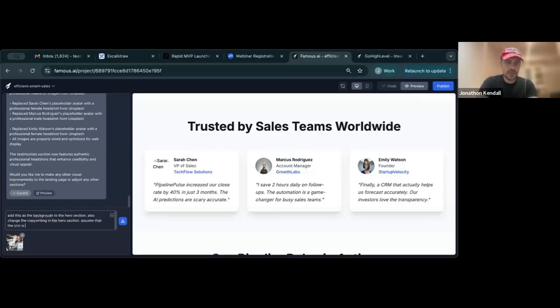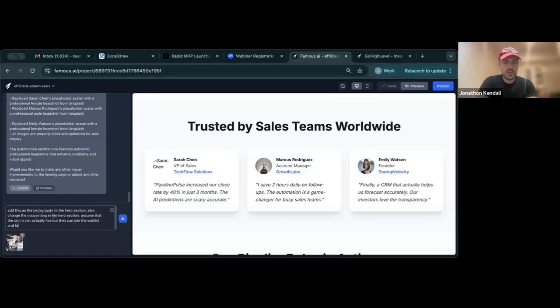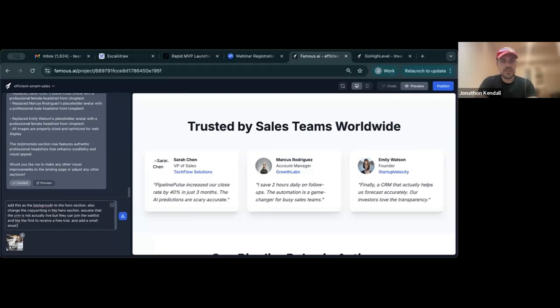Assume that CRM is not actually live, but they can join the waitlist and be the first to receive a free trial, with a small email CTA where people can enter their email to join.